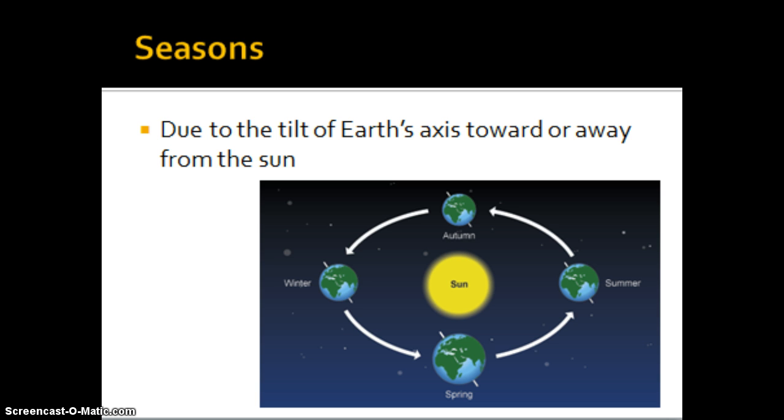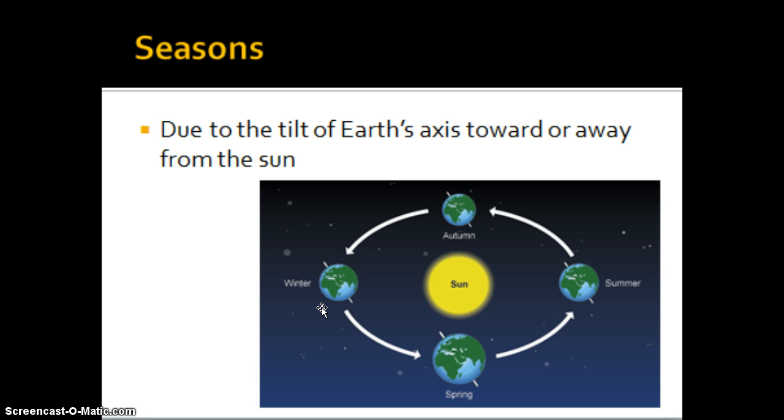And the last thing that I want to come back to is seasons. If you look at this diagram, at the left you'll see winter, and you see that our axis is pointed away from the Sun, so the direct sunlight is hitting the southern hemisphere of Earth. That is why, even though we are at our closest point to the Sun, the direct sunlight is on the southern hemisphere, so we are only receiving indirect sunlight in the northern hemisphere, and we are experiencing our winter. Then the complete opposite holds true for summer. Even though we are furthest away, the northern hemisphere is tilted towards the Sun, so we are experiencing the most direct sunlight in the northern hemisphere in our warmest months of the year, or our summer.